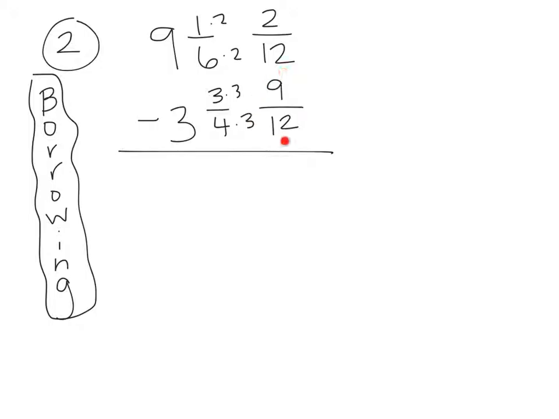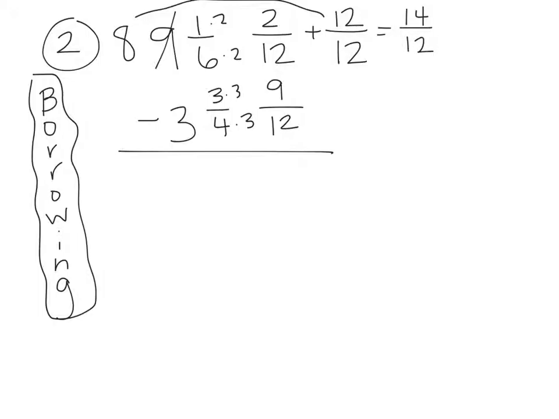You cannot take 9 away from 2, so you have to do borrowing. Borrow from the 9, make it an 8. That 1 whole we're going to add to the 2/12 we already had, and 1 whole is 12/12. That gives us 14/12 on top. Now we still have to take away 9/12 from the 14/12,